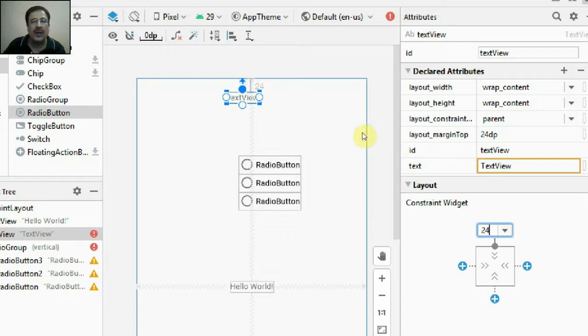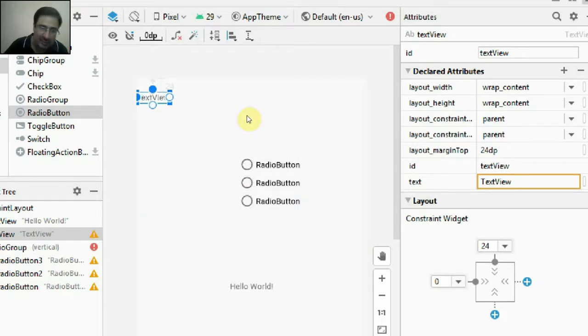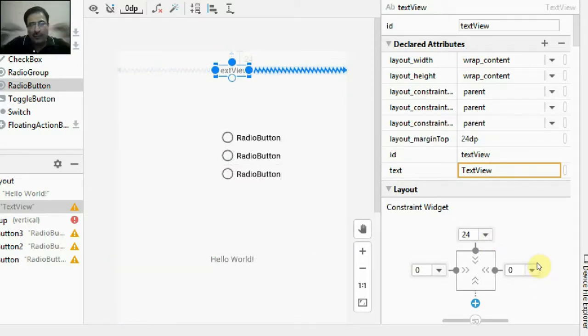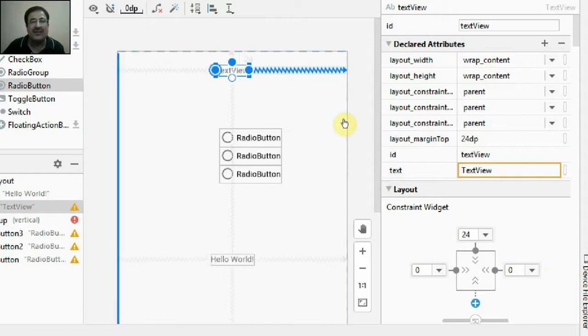Can you see it? Secondly, I want this text view to appear at the center of the width of this layout screen, so I'll click this node here and drag it to the left border. It is attached to the left border of the layout screen because there is no right constraint yet. I'll click this one and drag it to the right border of the layout window. When you drag any item from both sides equally, it will come at the center of the layout window. So this is what has happened with the text view. It has three constraints. From the top border, it is at a 24 SP gap, and the left and right are at a 0 SP gap. So it will be at the center.